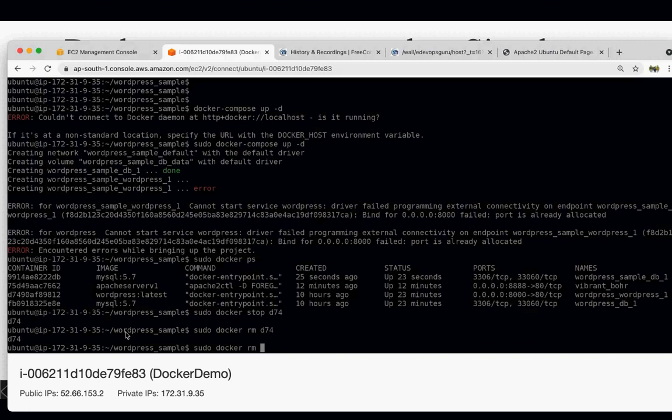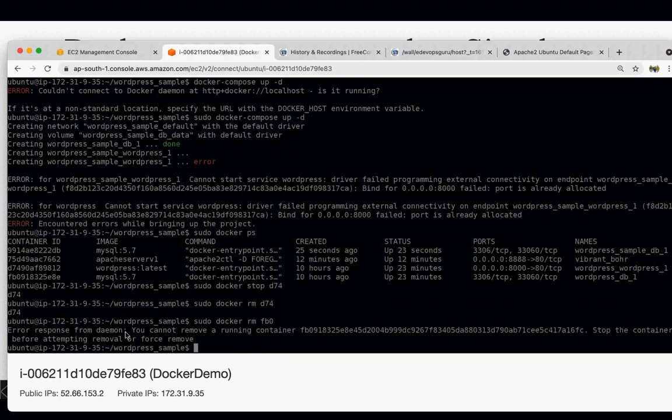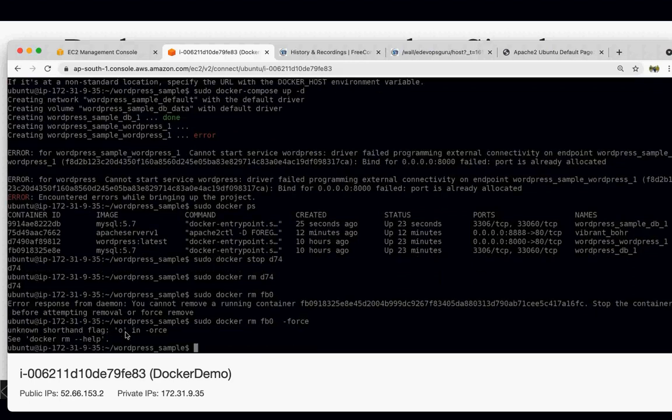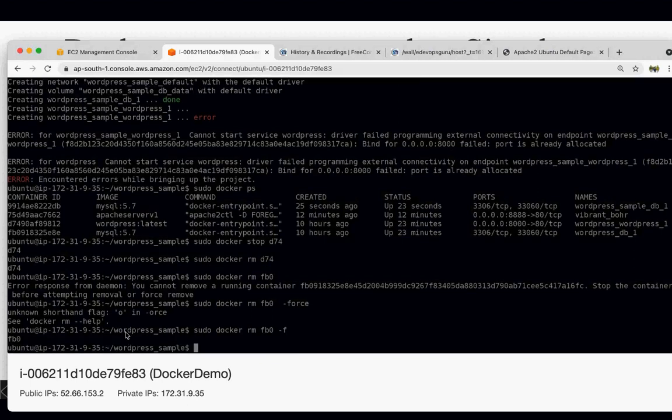For example, MySQL, if you want to delete fp0, it would say this container is already running, so you have to do it forcefully. Oh sorry, fp0 -f. Normally you won't be able to remove a running container. First you have to stop it or forcefully stop it.